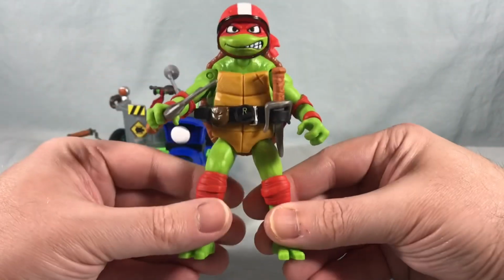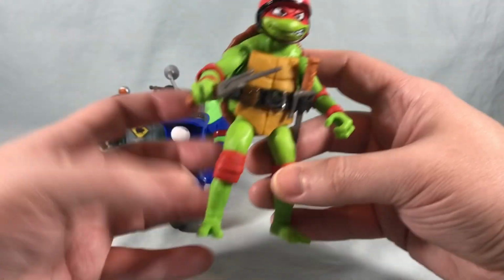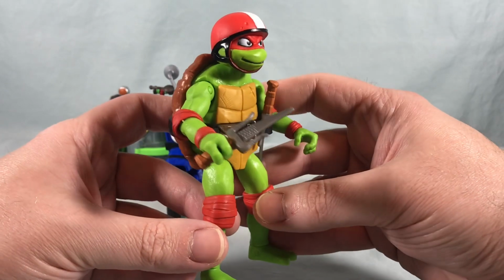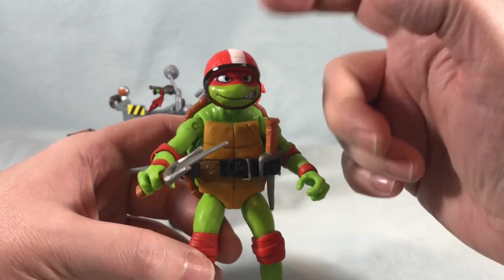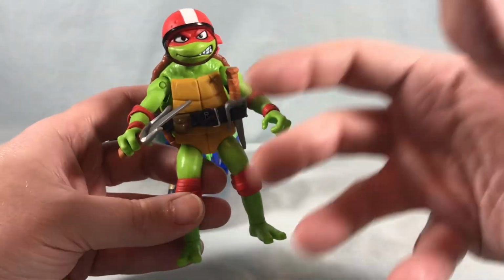This figure has those as well. So not bad. I mean, it's 90% the same Raph you probably already have. This one's just got a different head sculpt, but it would have been neat if they could have given him